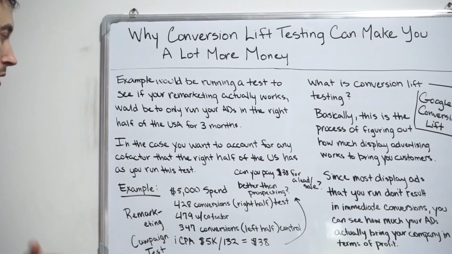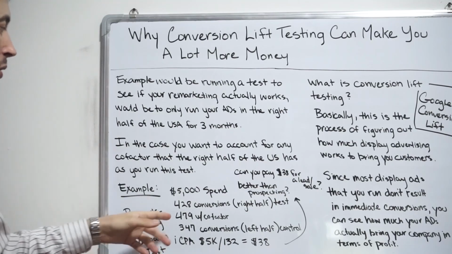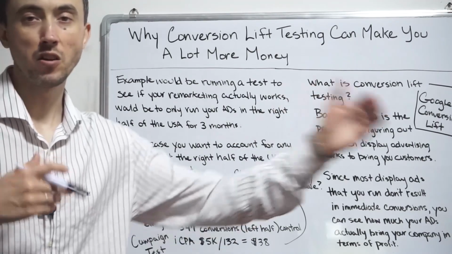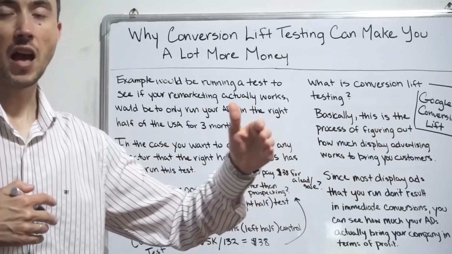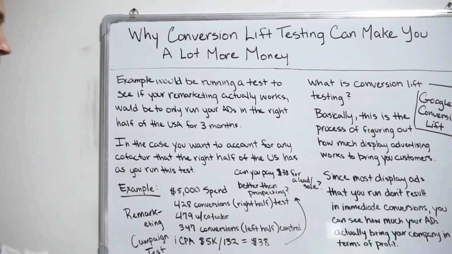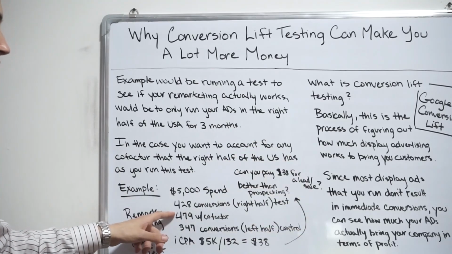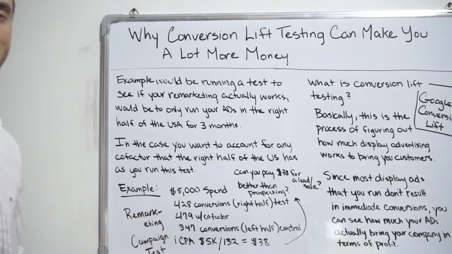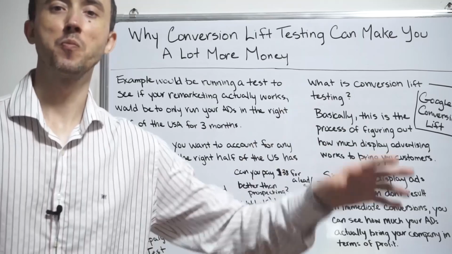Okay? And of course, work in there, like I said, looking back at your old conversion data, out of all the customers you get, how well does one half of the US convert versus the other? And if it converts a little bit better, which it certainly always should, work that into your formula ahead of time so that when you subtract how many conversions you got in the half of the country